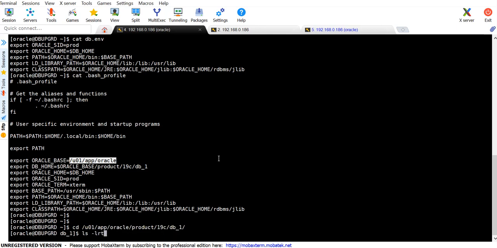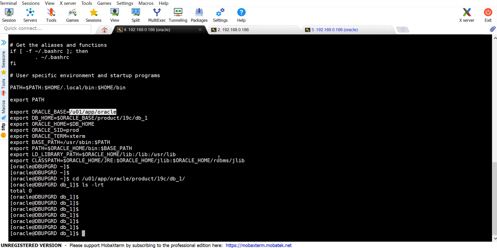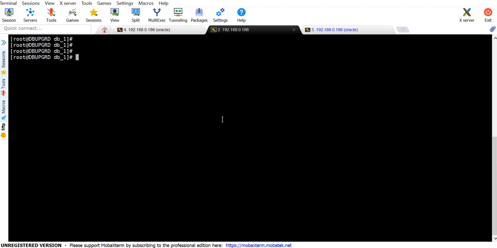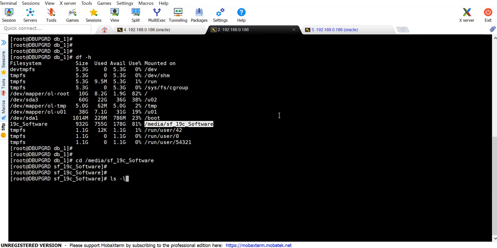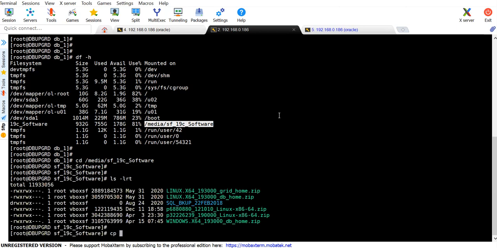Let me recheck whether the software is there. If it is not, we'll copy it from the system. It will not take more than 2 minutes. Just a second, let me go to my share drive. The share drive is accessible from the root user, so I will log in as root. First fire the df -eh command, and we'll go back to this software location. From here we'll copy this software using cp, the Linux DB home,